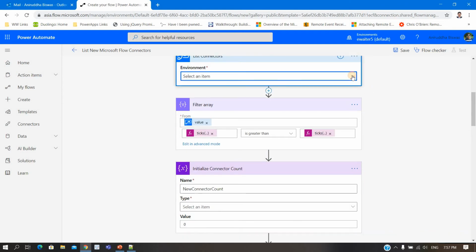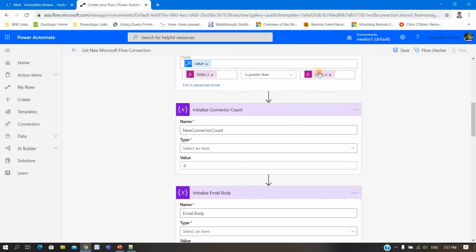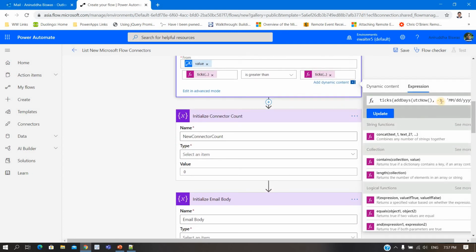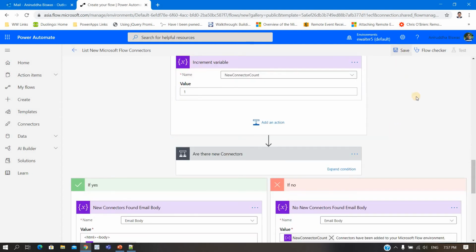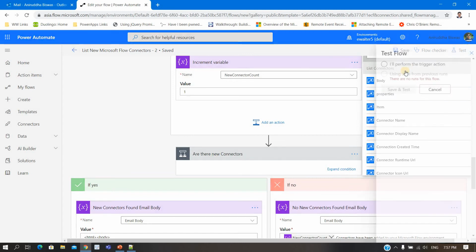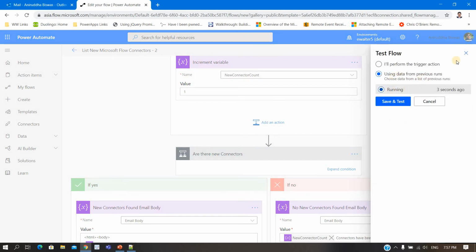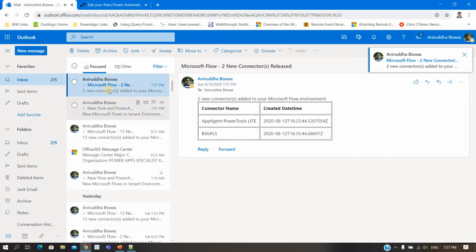Then you need to choose the environment. Here it will give you one day, but I want the last 7 days, so I will update it. Okay, that's all. I will save it. Now I will test it. Done, because I just saved it.